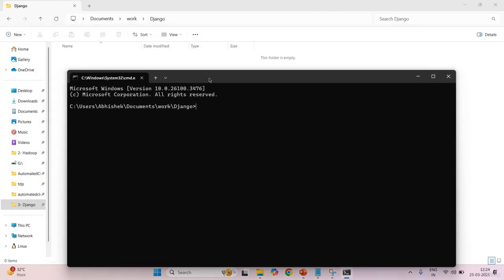So what I'm going to do, I'm going to write this command python -m venv and your virtual environment name. So let me name it as venv. What it will do, it will create a separate virtual environment where Python is going to be installed. Now we will wait for a minute. Once this thing will be done,